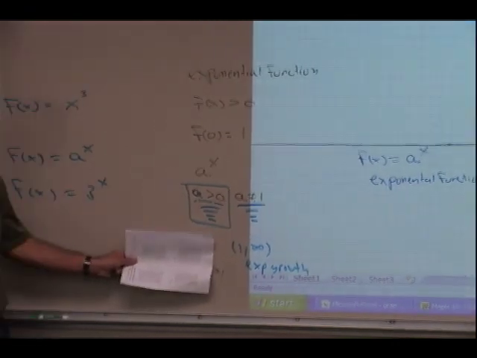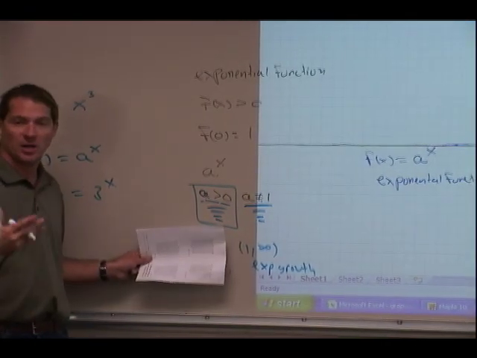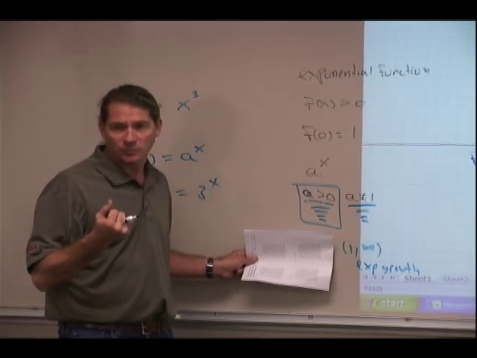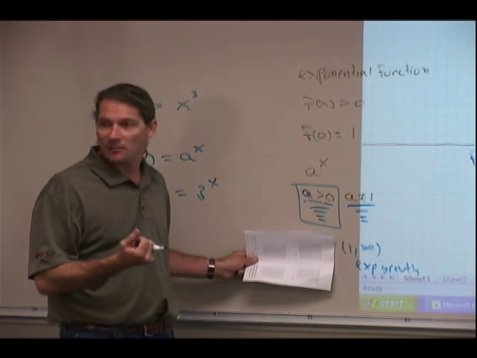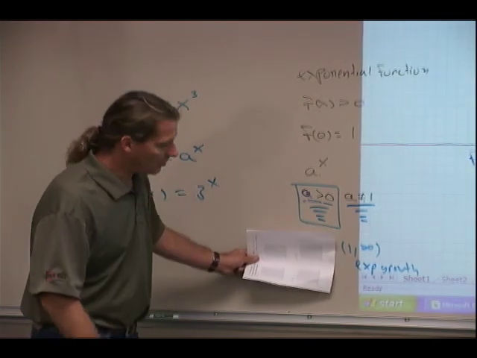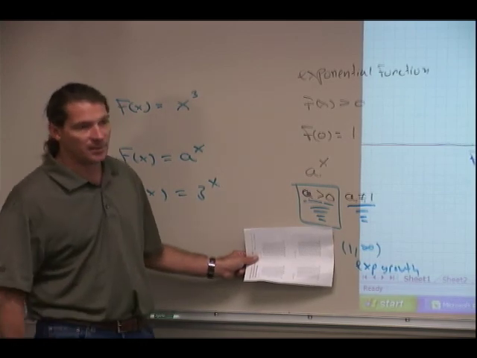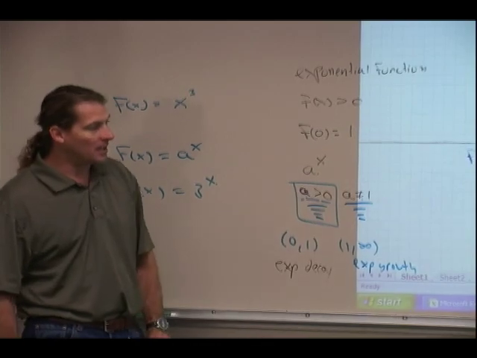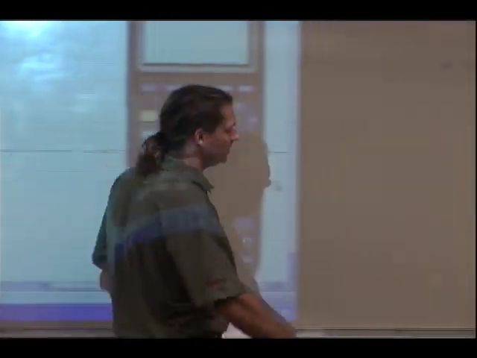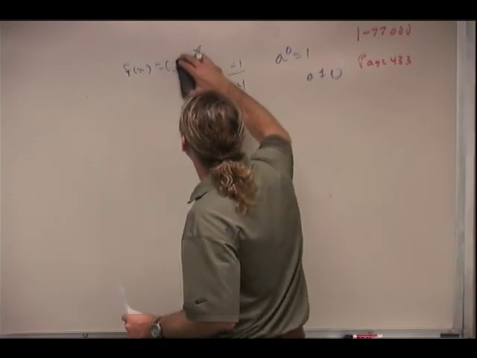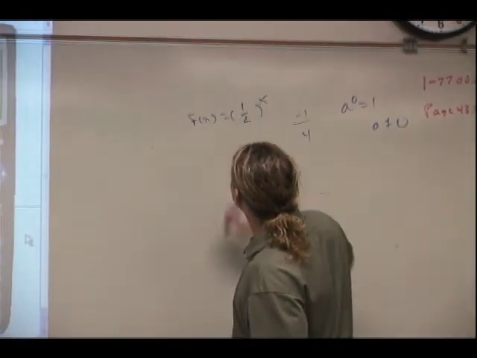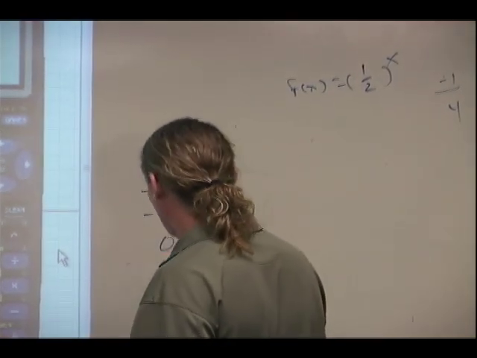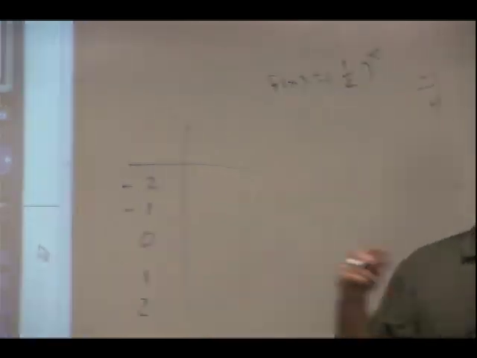What do you suppose happens when I put values in between 0 and 1, which we also call what? Values between 0 and 1 we refer to as fractions, right? 1/2, 1/3, 1/4, 3/4, that kind of thing. What do you suppose happens to the graph when I do that? Well, it actually becomes an exponential decay, and let me show you why in an example. This time we're going to use 1/2, okay? So, again, my x, y chart, minus 2, minus 1, 0, 1, 2. These are choices for me around the origin for x, so